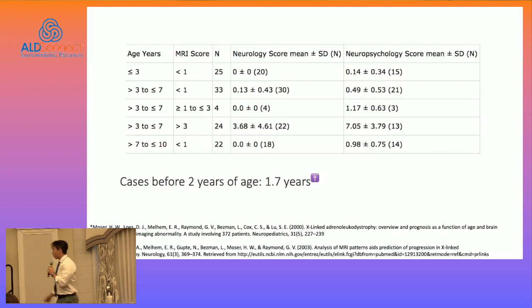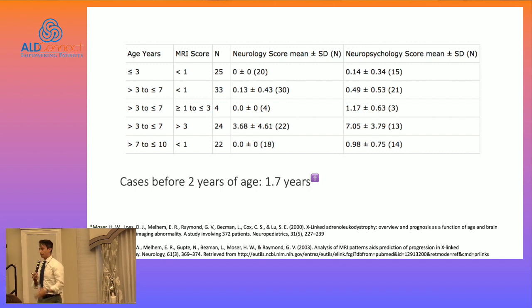So we have to start thinking about, well, when do patients become symptomatic? And I think from a clinical perspective, that's really what clinicians are going to have to face. You have patients who are identified by newborn screen. You get a patient who gets their first lesion on MRI, and trying to understand, in the context of having to intervene and figure out whether you qualify for transplant or not, when do you become symptomatic? So this is work from Dr. Moser and his 350 plus patients.